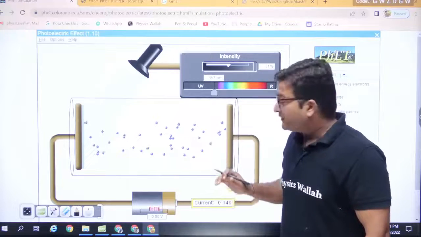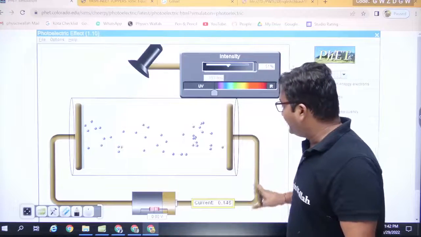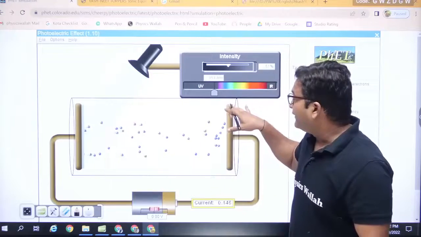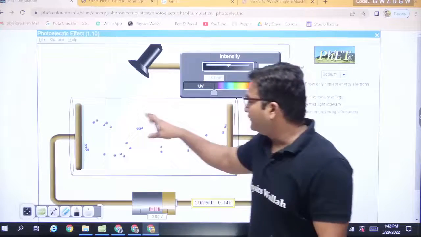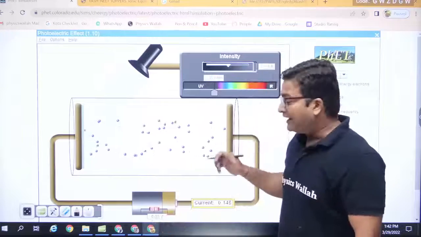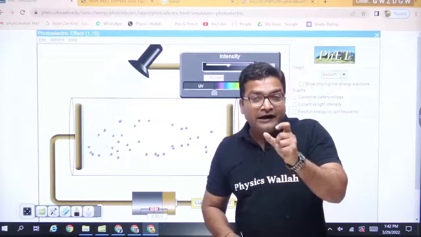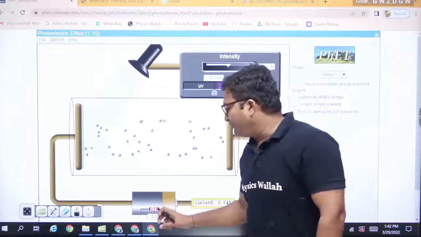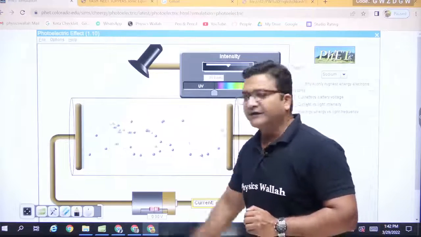When they reach anode, they have this closed path back to cathode. So by this path they come back to cathode. So there is no deficiency of electrons here and no extra electrons here. They come back, and as the process is on, the electrons move like this, and a current flows in anti-clockwise direction, and that current is shown here. This is called photocurrent. The photocurrent is a current associated with photoelectrons. So remember this point, if the potential here is 0, there is some photocurrent if the circuit is on.